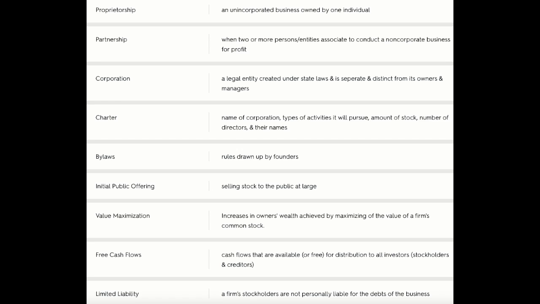Three factors primarily determine the free cash flows. Number one, sales revenue. Number two, operating costs and taxes. And three, required investments in operating capital. Free cash flow is sales revenue minus operating costs minus operating taxes minus required investments in operating capital. Managers can enhance their firm's value and stock prices by increasing the size of the expected free cash flows, by speeding up their receipt, and by reducing their risk.